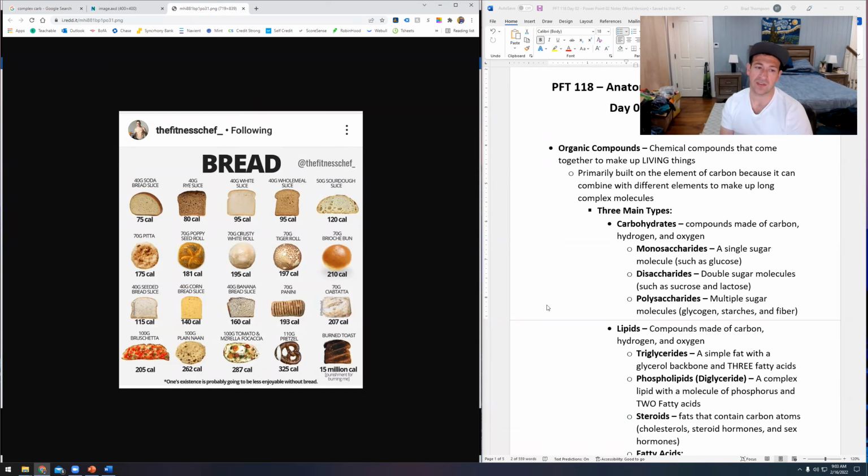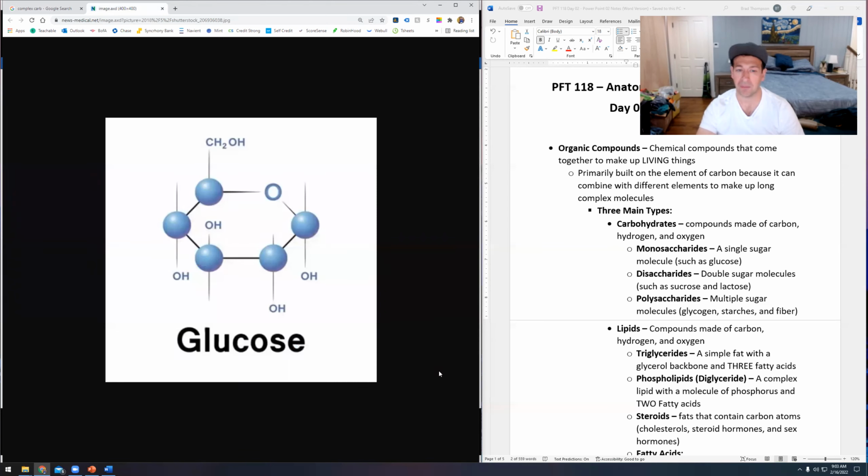So let's take a look at the different types of carbohydrates here, right? You take a look at this white bread right here. White bread has been very processed. This has definitely been broken down, which tastes a little bit sweeter, right? Like when you put it in your mouth, you're like, oh, that tastes better. And so this is a piece of white bread that's going to be very simple compared with a piece of rye or whole wheat, or something like that, which is much, much more complicated, right?